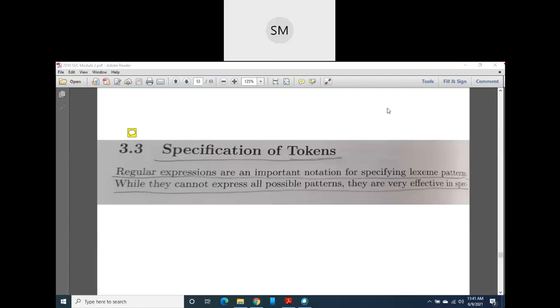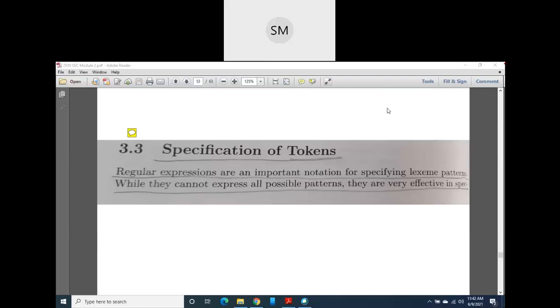For the best example, the pattern for keywords is nothing but a sequence of alphabets, a sequence of characters in lowercase, that is, keywords. Now the pattern for our identifiers, or variables, or function names. Any variable name, any identifier should begin with an alphabet, and alphanumeric characters are allowed. Underscore is also allowed, but no special symbols are allowed, right? The first character should not begin with a digit. The first character should always begin with an alphabet. This type of pattern we can create for these lexemes for the token identifier.